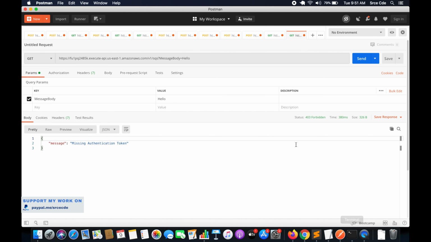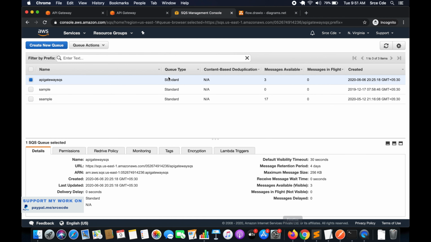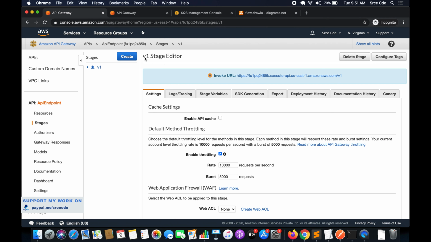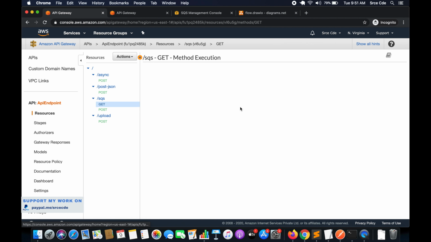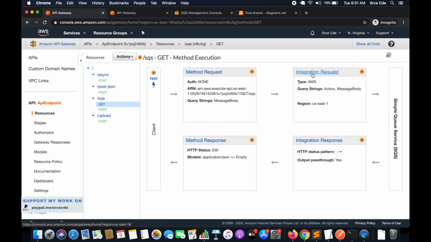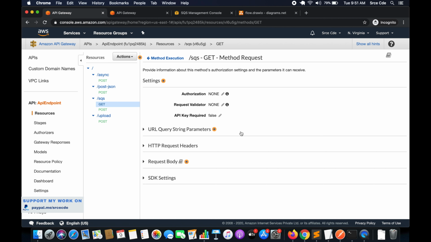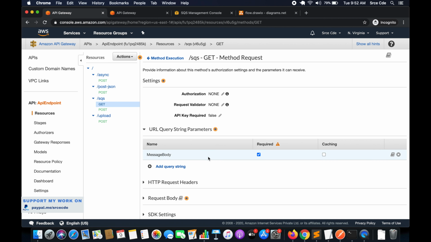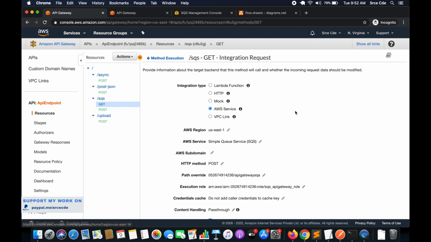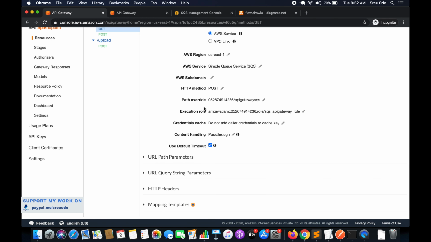Let's see. Within method request, we had configured message body. Looks good. Within integration request, this looks good.